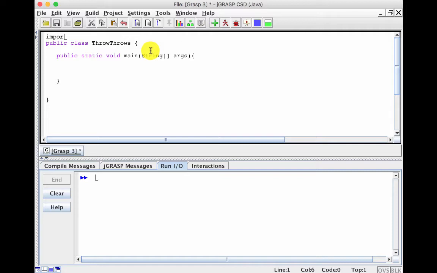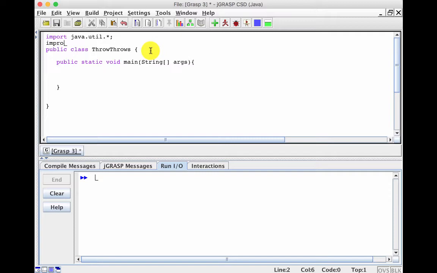Let's open up a file. Import java.util.*, import java.io.*. Okay, so let's go ahead and open a file: Scanner n equals new Scanner, new File, "file does not exist.txt". All right, so this file is fictitious, it doesn't exist, and if we try and compile it, we just